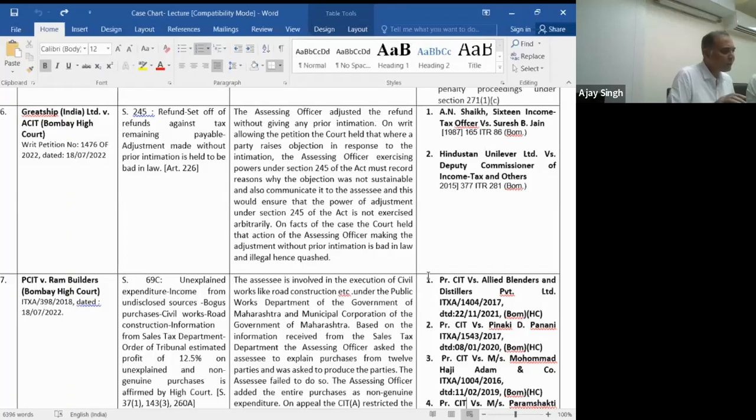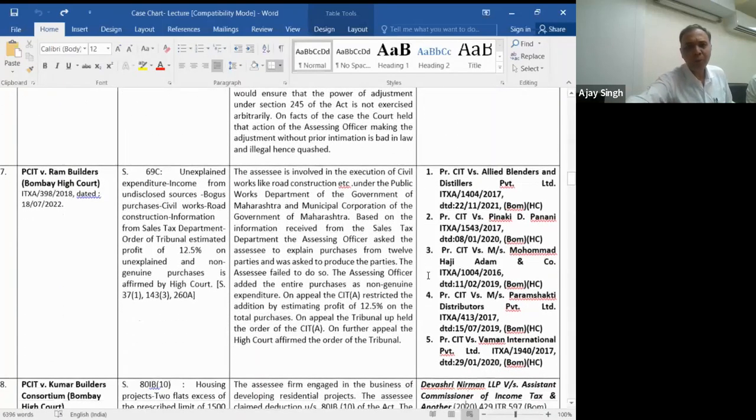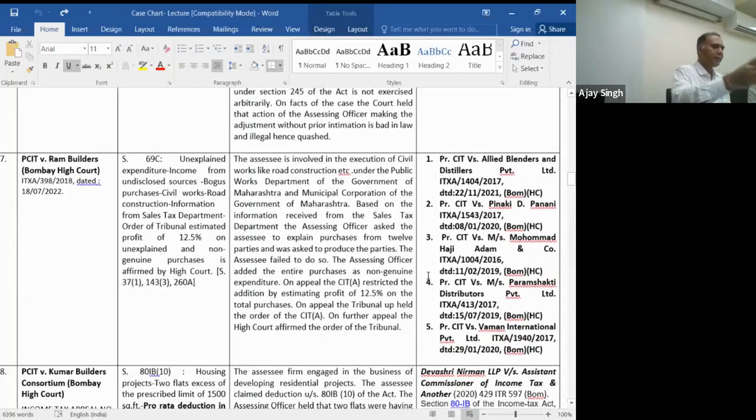The next decision is in the case of Ram Builders. Again, it's a decision of the Bombay High Court, a very recent decision, which was passed in July, and it has been passed by the present bench of the Bombay High Court. It was in the context of bogus purchases, and the court